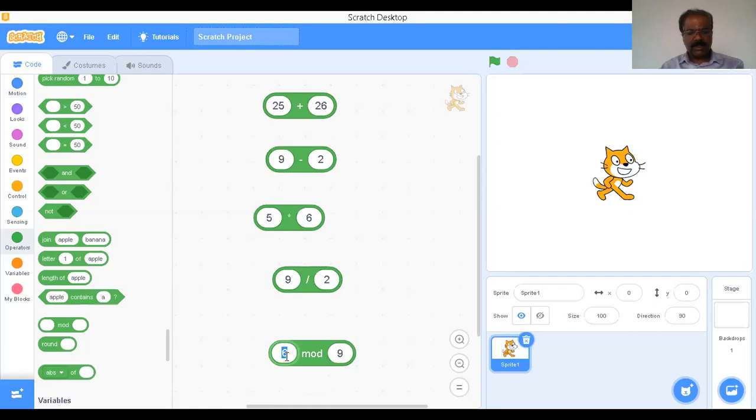Suppose the number is bigger, something like 8 divided by 2. What is the remainder? 0. The quotient is 4, the remainder is 0. Therefore, with the help of the mod operator, we can get the remainder. We can give any number, there is no restriction, and we can give larger numbers also.